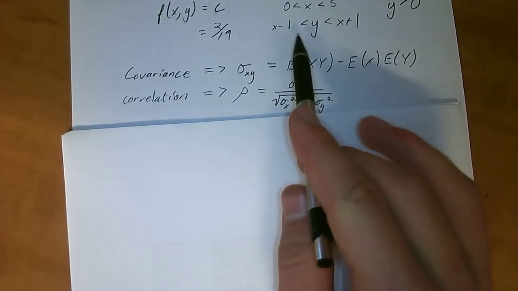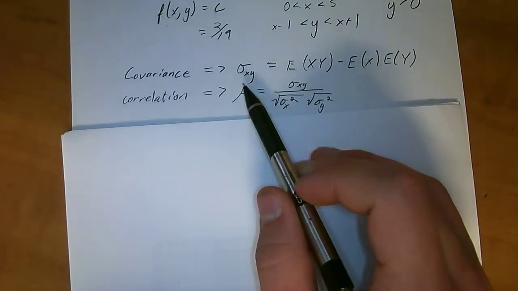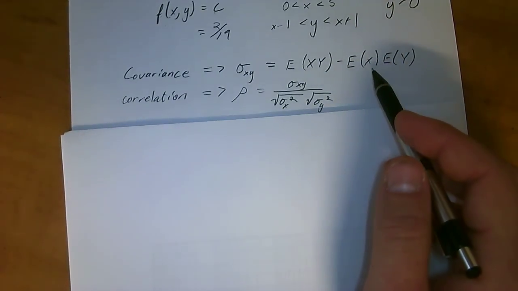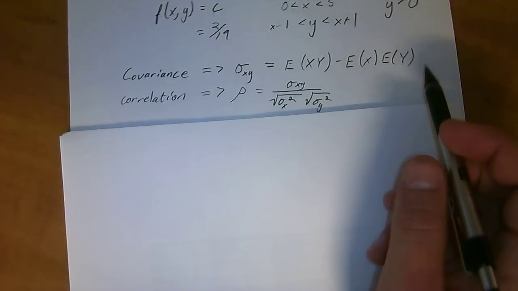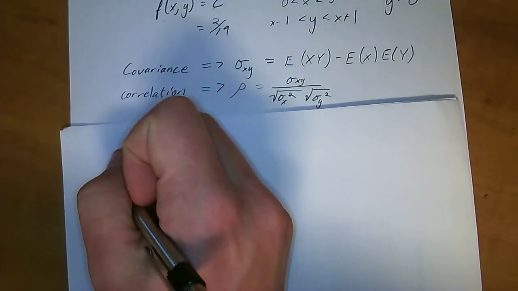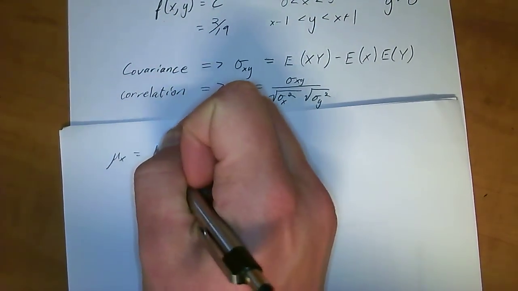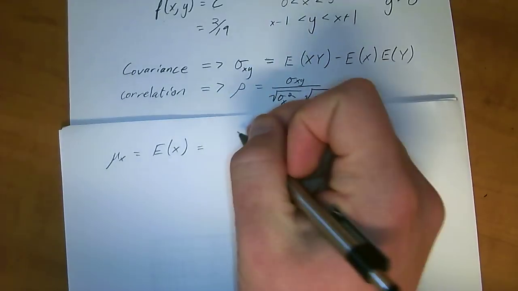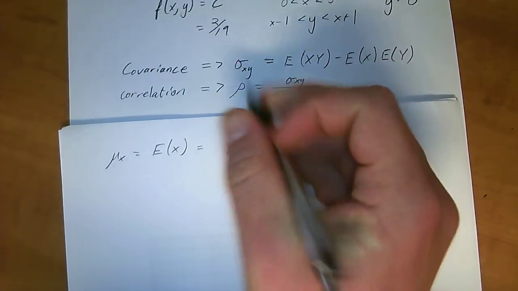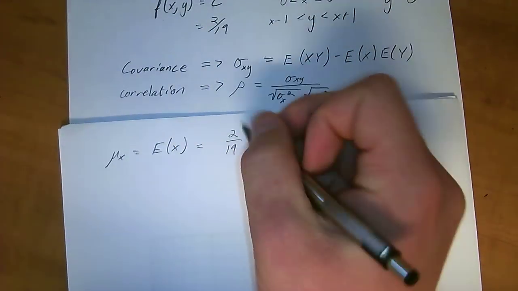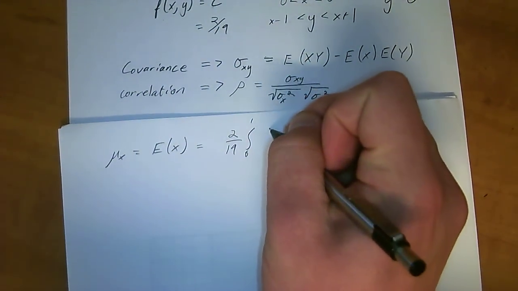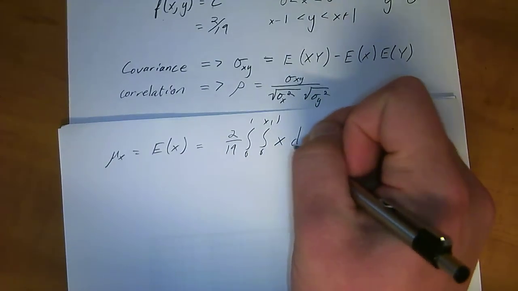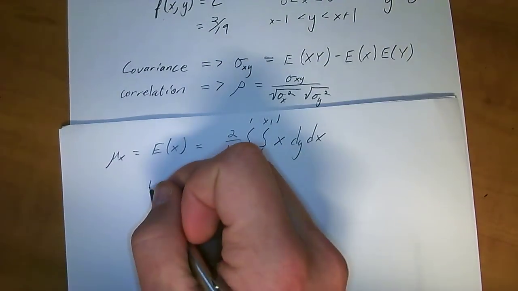Okay, so in order to get sigma x, we need to find sigma xy. So we need to get the expected value of xy, the expected value of x, and the expected value or the mean of y. So mu of x equal to E of x is equal to 2 over 19, which is our constant, times the integral from 0 to 1, the integral from 0 to x plus 1, times x dy dx, because E